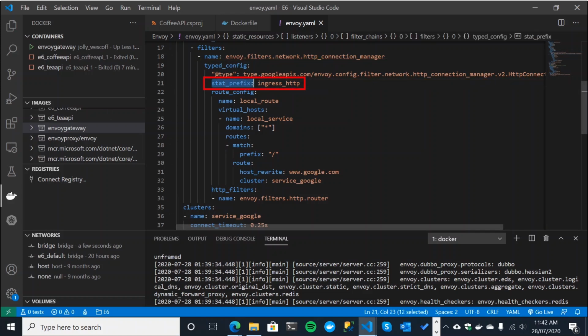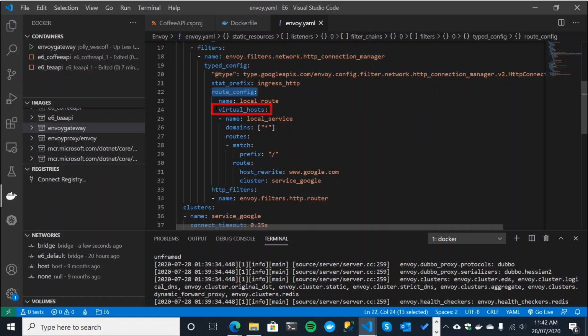Talking about stats, here's something called a stat prefix. When you export stats out, they will be prefixed in this instance with ingress HTTP, which you can use to report on, all that kind of stuff. And then we have our routing config, and then you can have a number of routes.